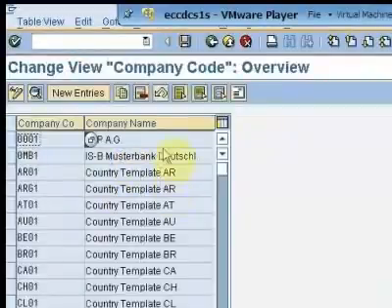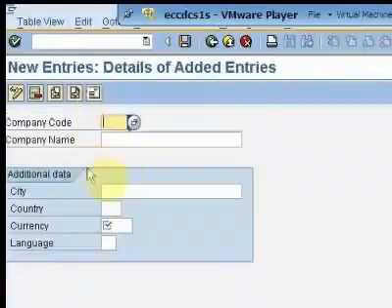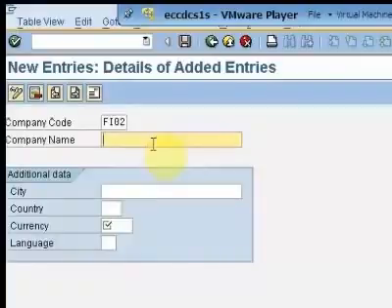As soon as we enter this screen, all the company codes created within this client are listed over here. In order to create a new company code, I have to click on new entries, and the system will ask me for a 4-digit company code identification. For example, we enter FI02 as a company code identification, and then company name, let's just name it FI Workshop 2, the city of the company,